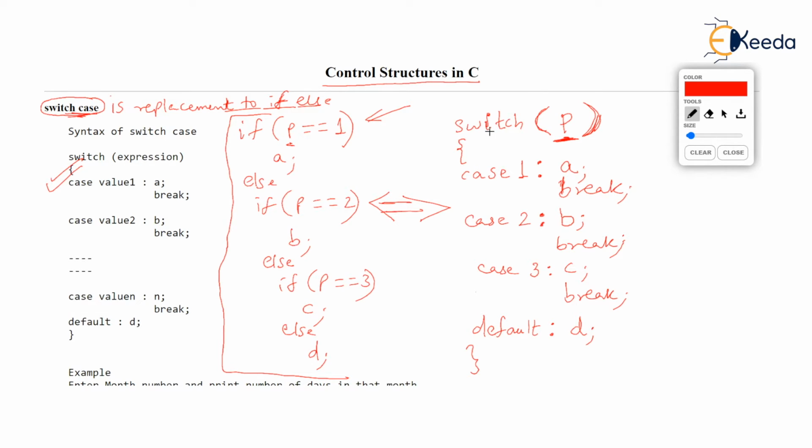So what happens in the switch here? Let's see. If p is 1, then case 1 is true now, isn't it? Because p is 1, case 1 is true, so it will run statement A, and then break runs. Now what break is going to do is simply throw the control out of the switch. So control will come out of the switch. And that's what we wanted. If p is 1, then it should run statement A and simply pull the control out of the switch using the break statement.